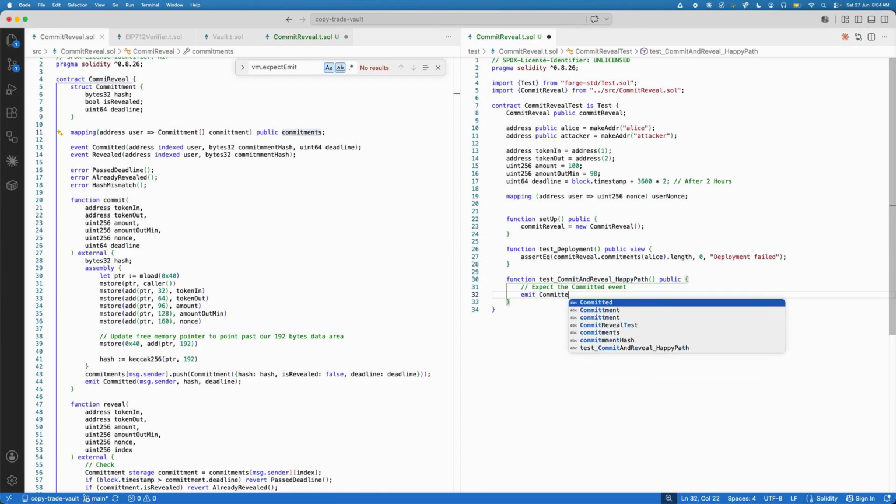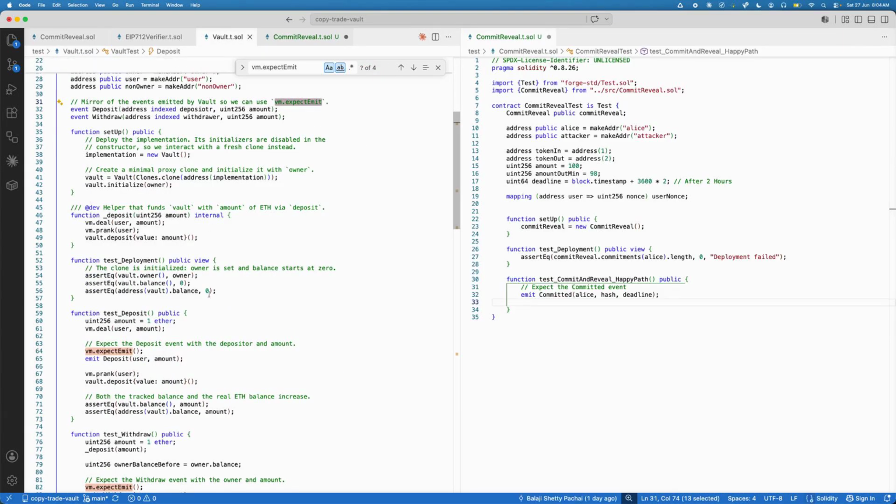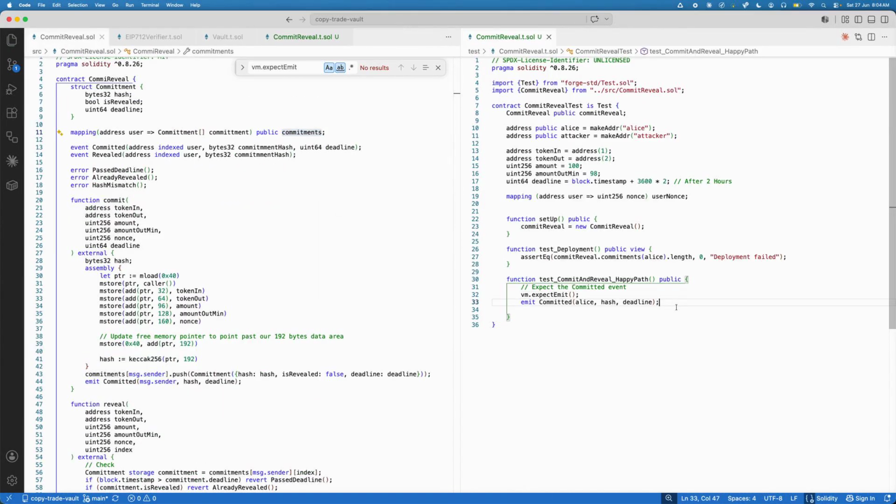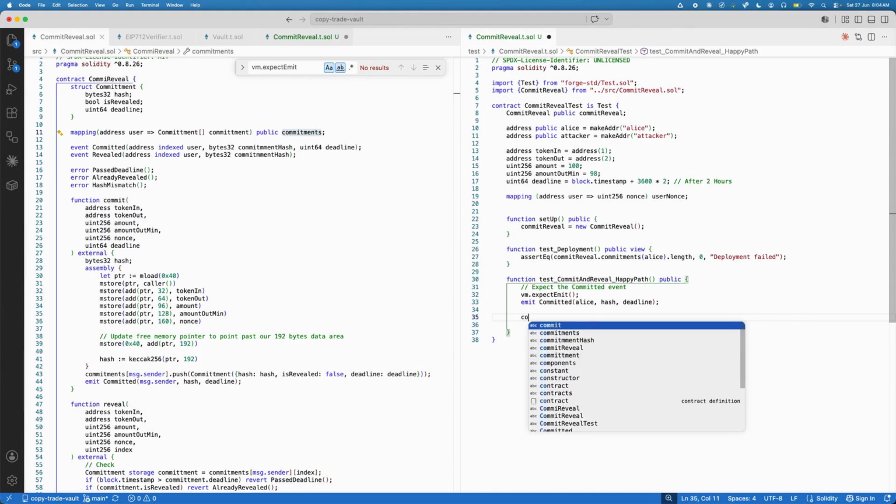Emit committed with Alice's address, hash, you will calculate this, and then the deadline. Emit committed. Then expect emit. Then we will make the actual transactions, which is